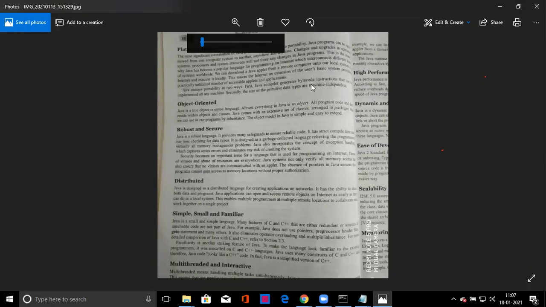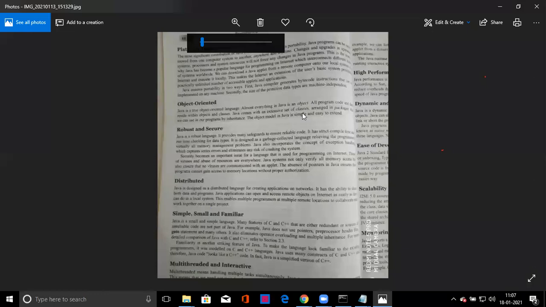Okay, then Java is object oriented. I have already told you. Object oriented means here the problem is viewed as a collection of objects. Okay. And what is class? I have already discussed in the properties of object oriented programming. What is class?